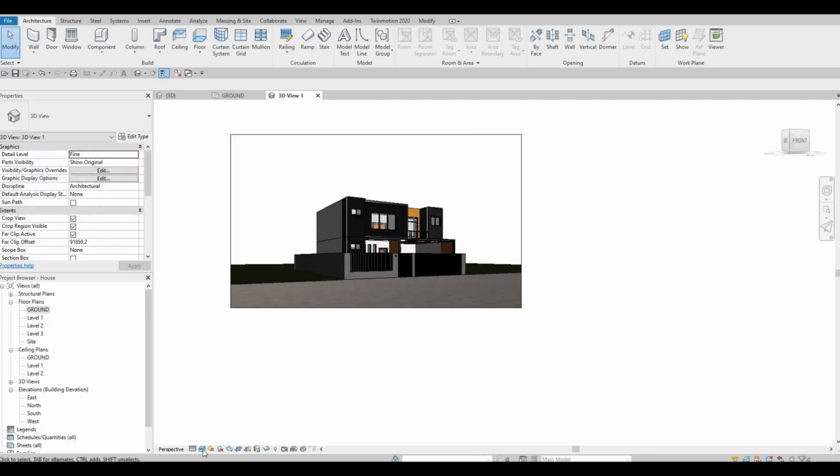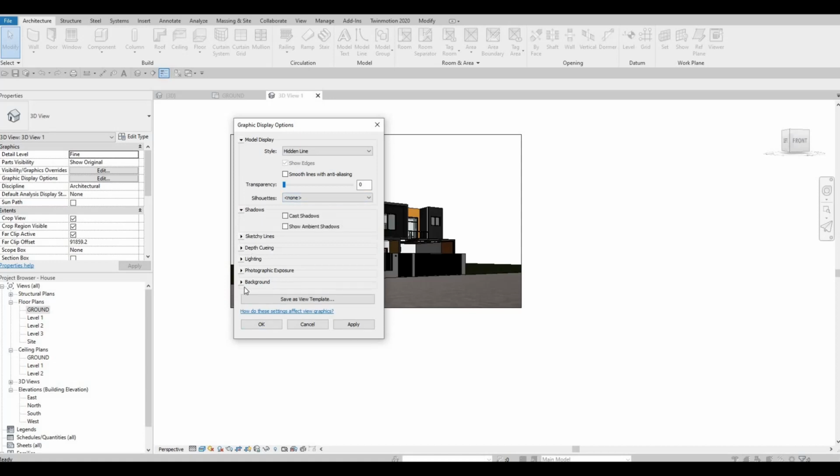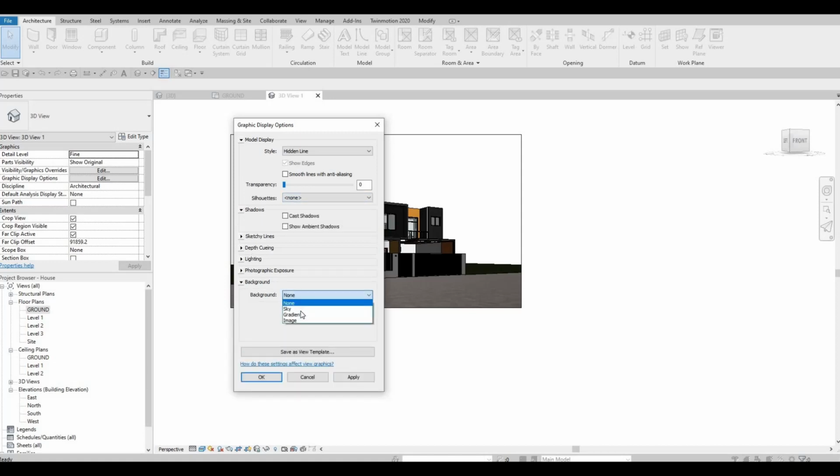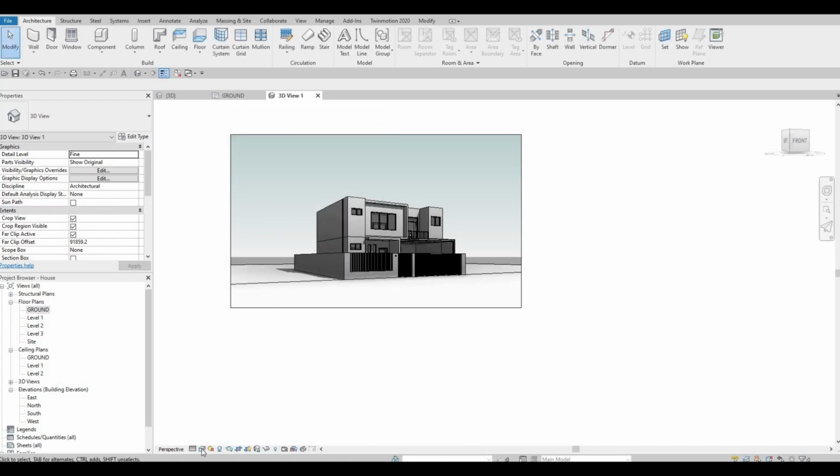And then what I'm gonna do is I'm going actually to change this graphically. I'm going to put on hidden line, and then here under background I wanted gradient, and then cast shadow, and then ambient shadow. Click on finish,